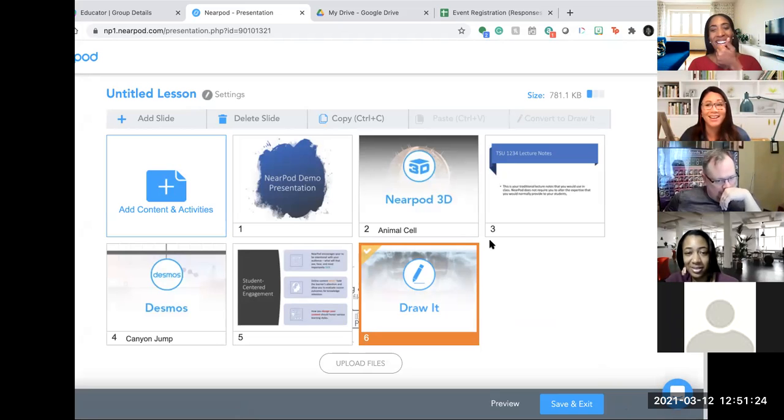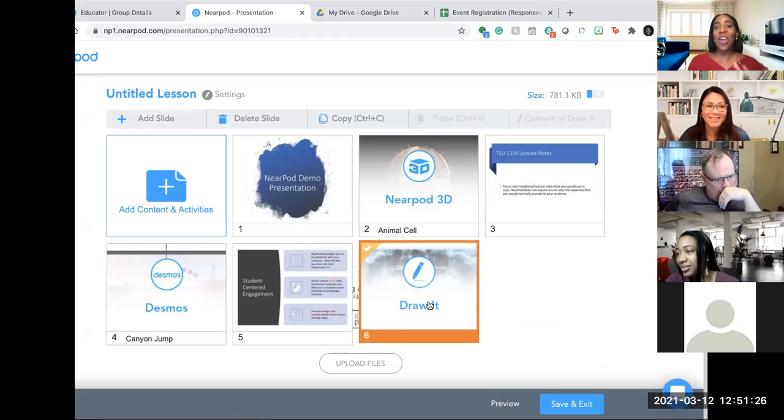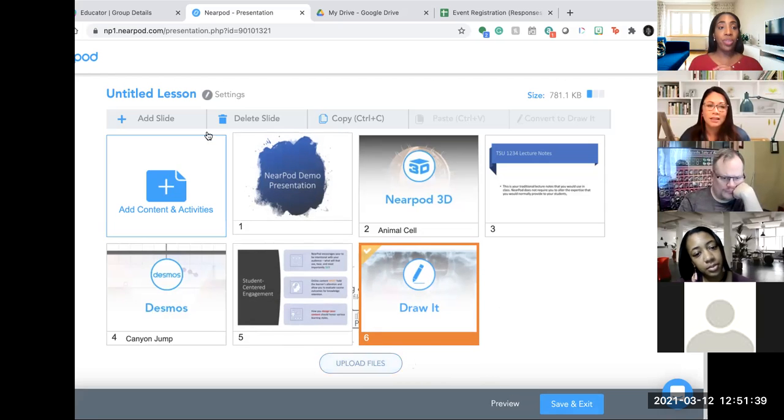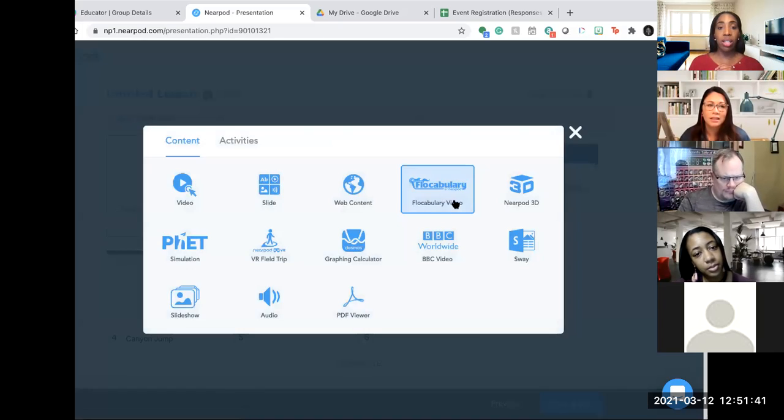And if it fits, then basically you're adding in all of those different engagement features strategically to maybe do informal, formative, or summative assessments, to just kind of do a check-in. If I want to add a video, because I definitely wanted to show you that. If I wanted to add in a video,